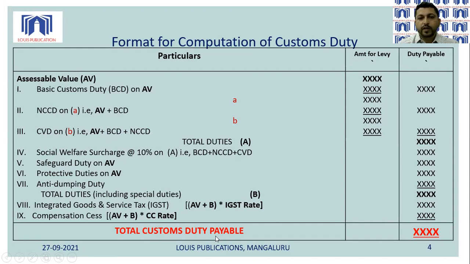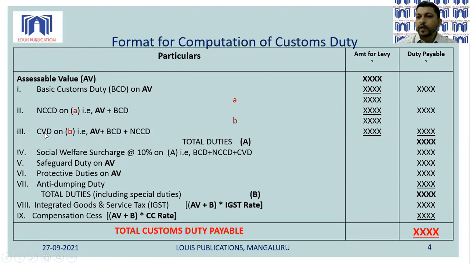Now, a very important point that we have to understand is that NCCD and CVD are not applicable in the case of all items. NCCD is calculated on items which are outside the purview of GST. And we also have a few more items like motor vehicles, multi-utility vehicles, and two-wheelers. CVD is purely calculated on items which are outside the purview of GST: tobacco and related products, crude oil, and those are the points that we have. Liquor is another example that is outside the purview of GST.